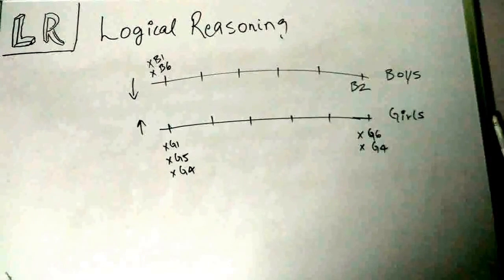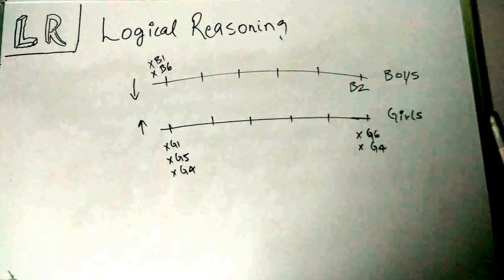Alright, then we have that B2 is at the left end but not opposite to G6. So the left part is being talked about with respect to B2. So we have assigned B2 on the left side, and we have also crossed out G6 on the right side. And it is also given that G4 is not at the extreme end, right? So we have also crossed out G4 from both the ends, right?